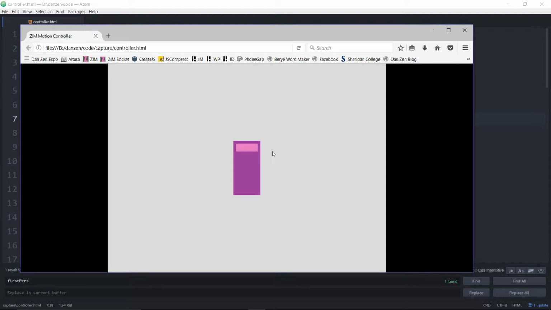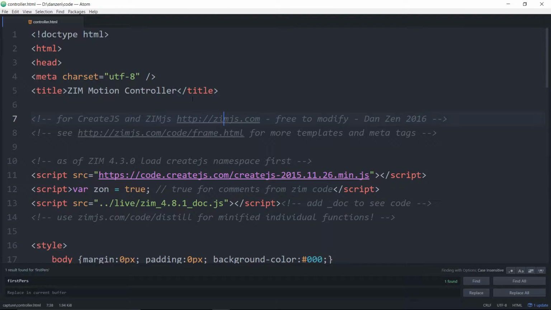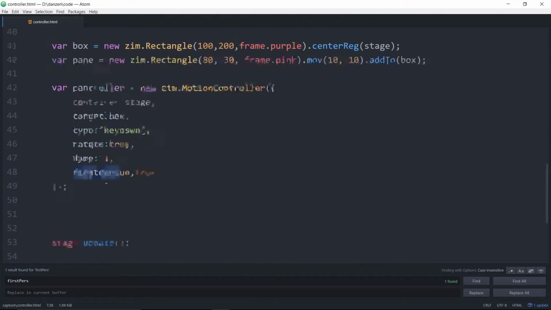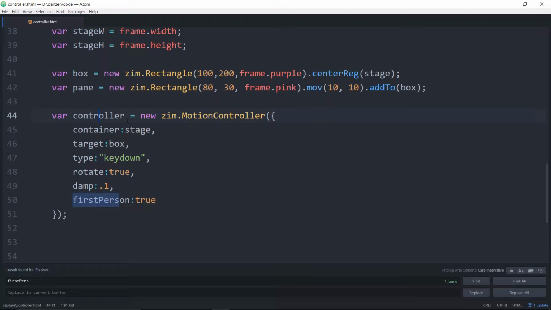And that was here. And we used a key down. So here I am, first person with key down, and I'm sort of driving this car around or whatever with first person view. Now, what I'd like to do is go back to the controller here. There's the controller. We have now a Microsoft thing plugged in. I think this is an Xbox controller. It would work with most controllers. And we type in